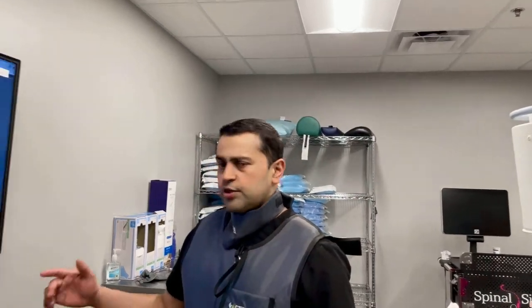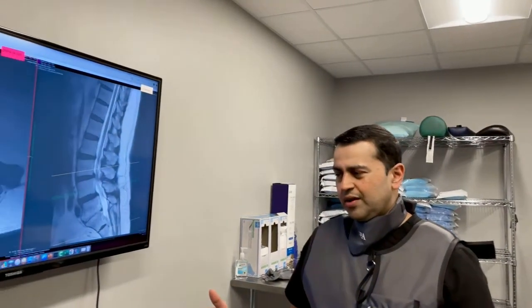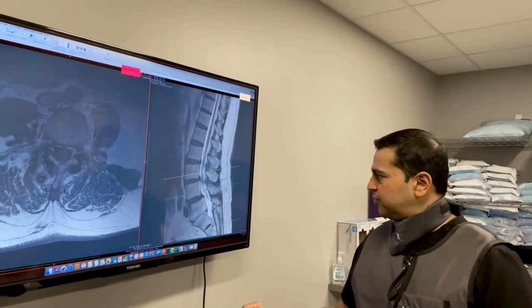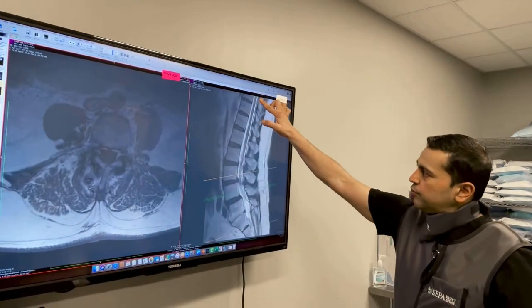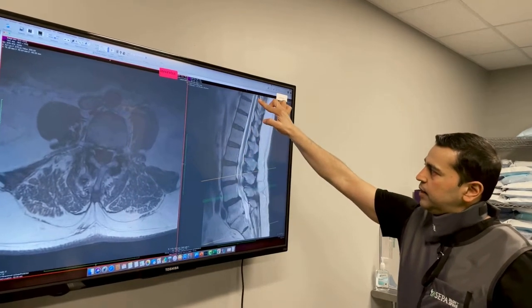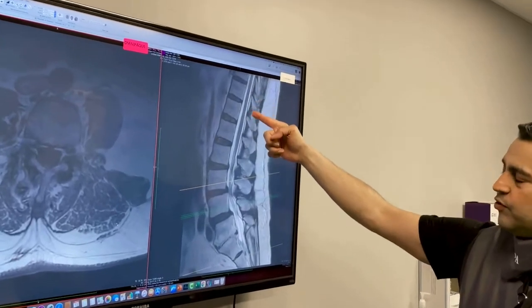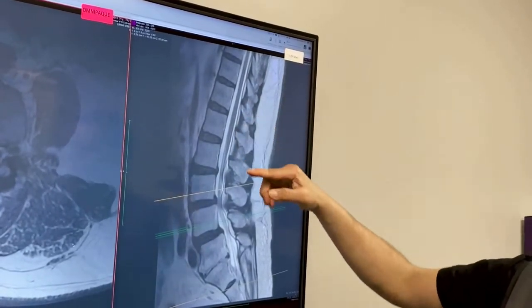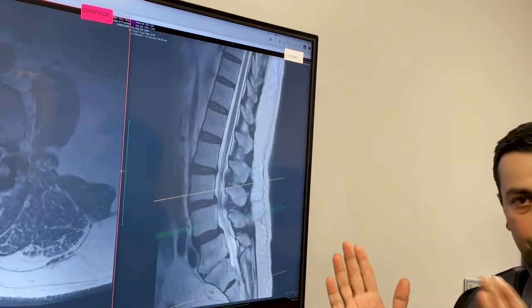All right, so what we're going to talk about today is lumbar spinal stenosis. Lumbar spinal stenosis is basically when the nerves in your spine are compressed. So you can see the spinal cord over here on this MRI. It's this black thing over here. And on either side of it, you have these white marks. That's the cerebrospinal fluid. You want that cerebrospinal fluid because it allows the spinal cord to move around in the